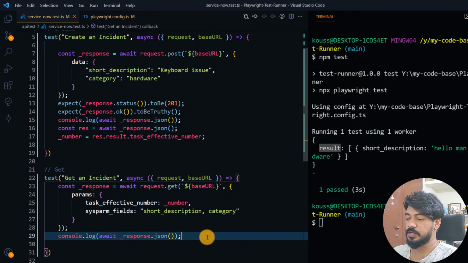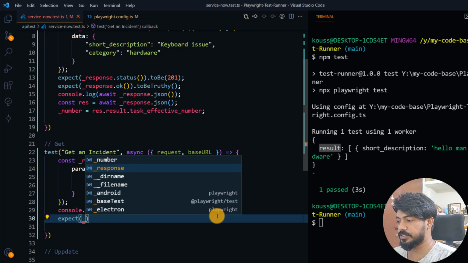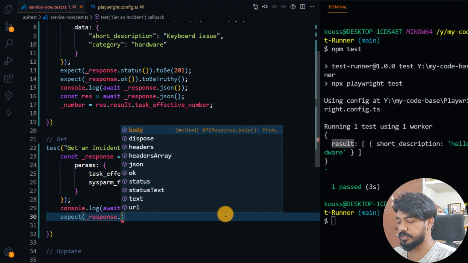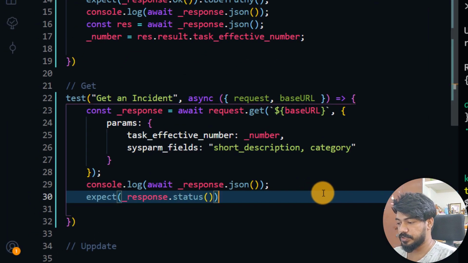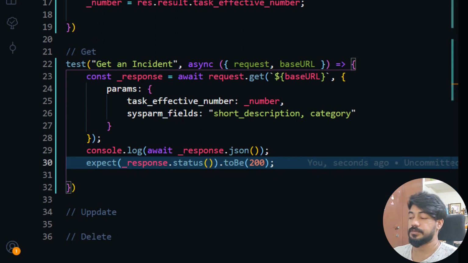Now I can add one more expect here: expect response.status. Status is going to be 200, right? For get it should be 200. Okay, let's go and run this.